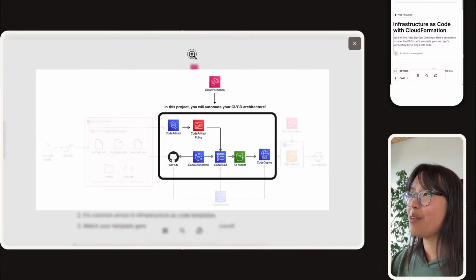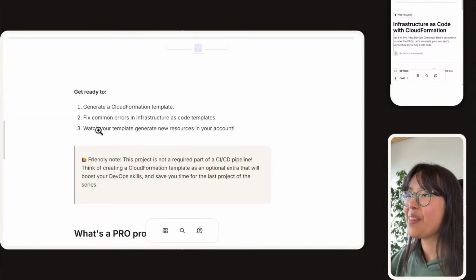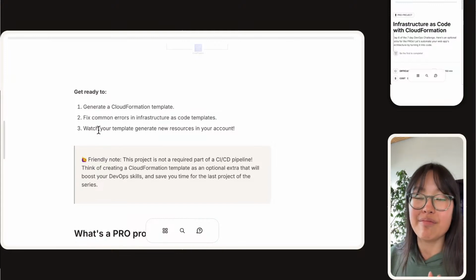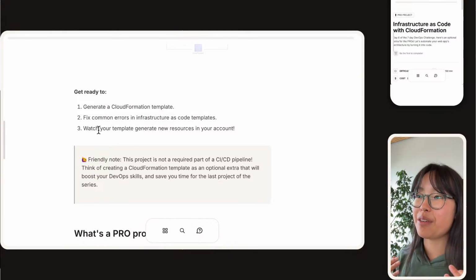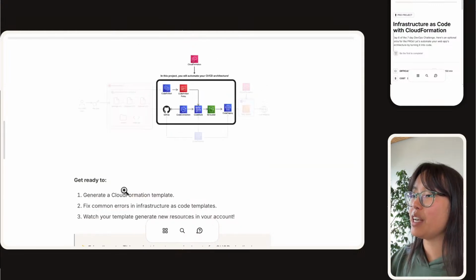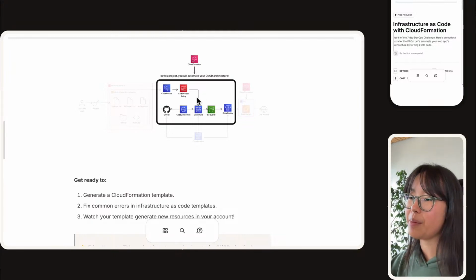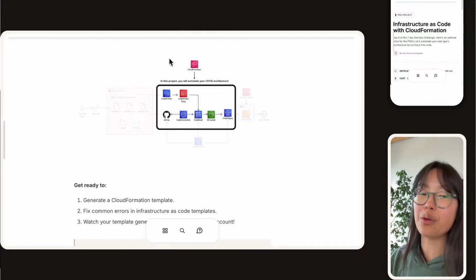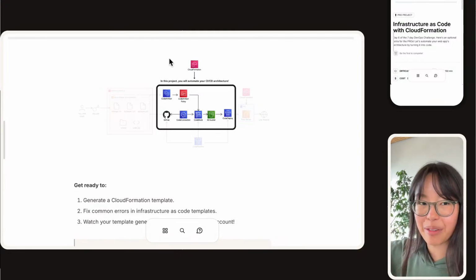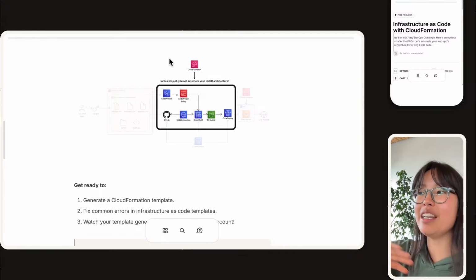So we've got a bit of ground to cover today, but it's going to be step by step together as every other project demo that we've done. So we're first going to generate a CloudFormation template. We're also going to be fixing some common errors you're going to see with infrastructure as code templates before we just throw this CloudFormation template to CloudFormation and we say,